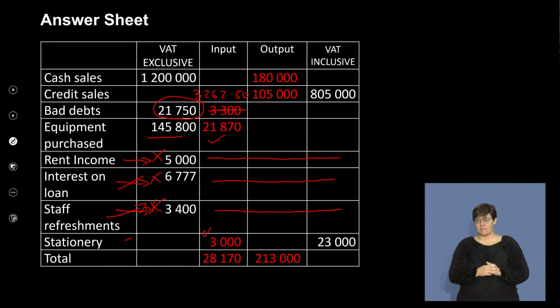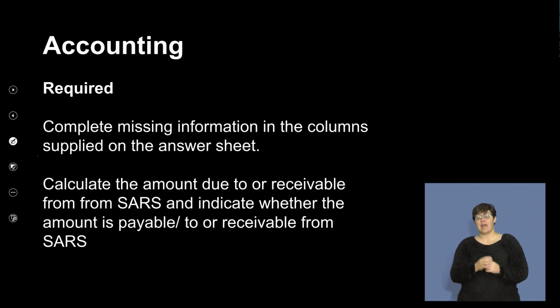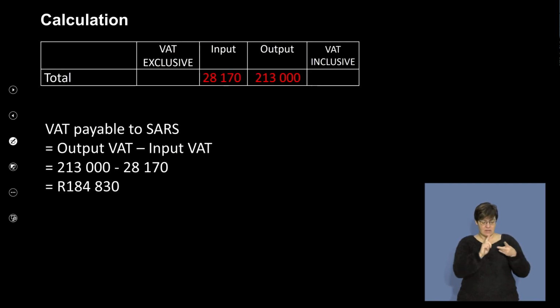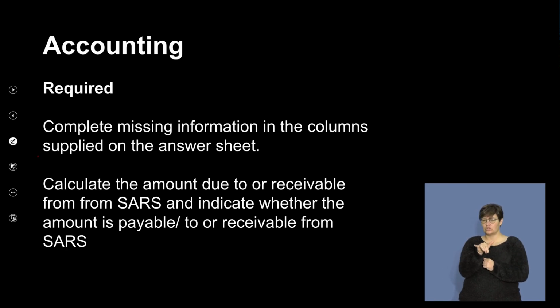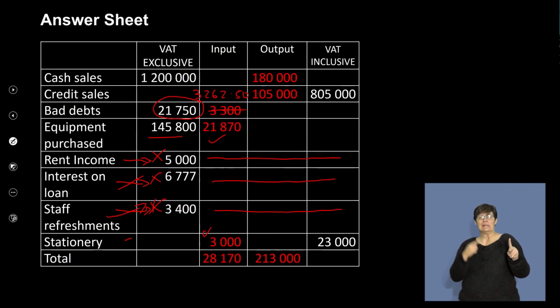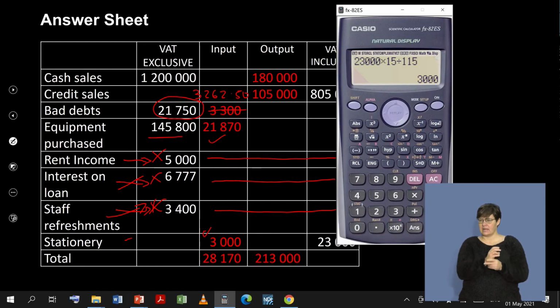Okay, what we do now is we go to the next slide and we say complete the information. We've done that. Let us now do our calculations, and remember in this one here I think we have one change to make. I think it was in the input VAT. Let's just make that change and see if we get the correct figure. Starting off from the 3, let's add our figures again. It's the 3,262.50 plus 21,870, right? Have I got that figure? Plus the 3,000 will give me a total figure of